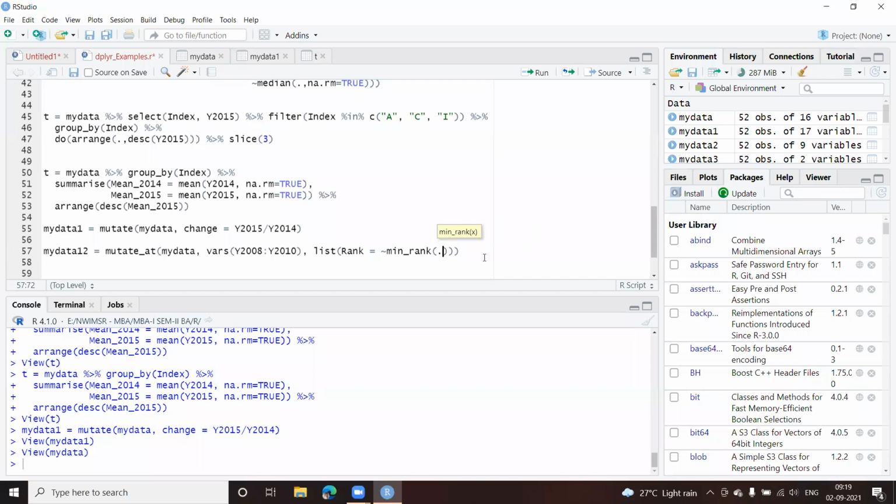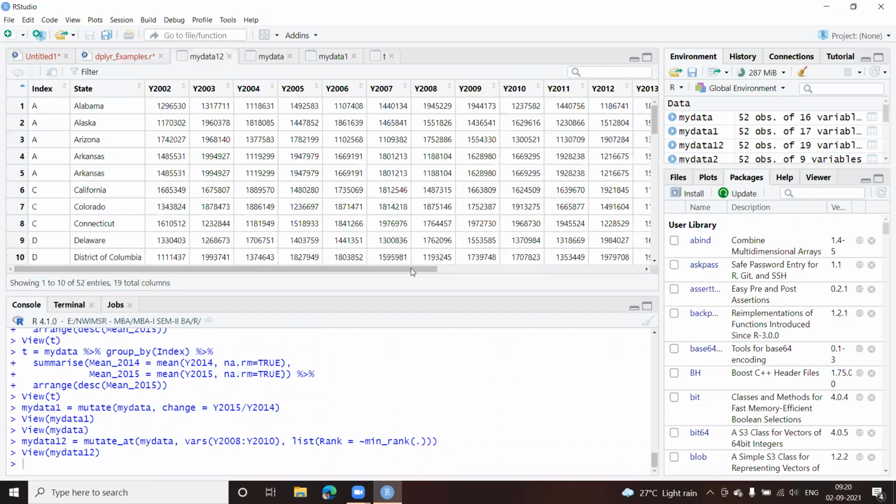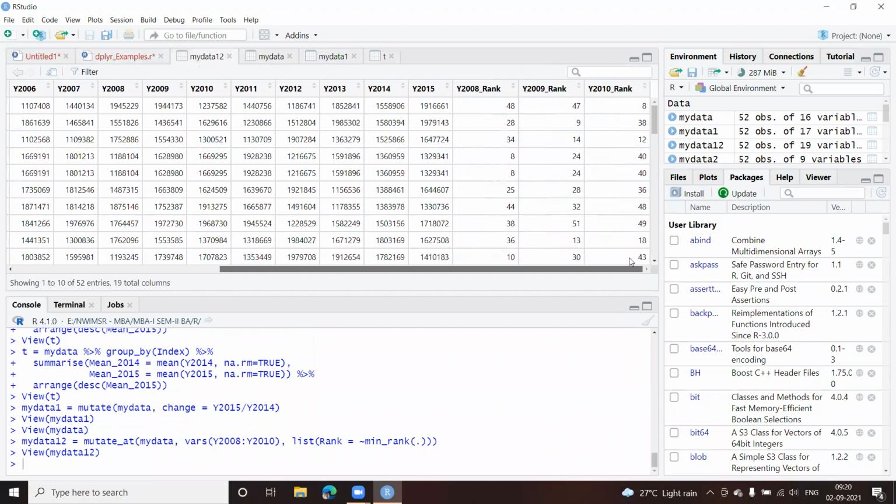So let me run this one, and this dot is going to represent the values which we have given here. So based on the values from the columns 2008, 2009, and 2010, it's going to calculate the ranking. If I run this, let us check whether we have got it.